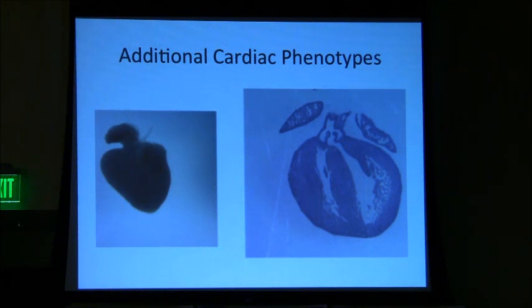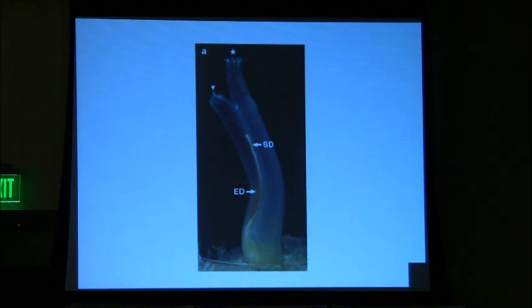So here's another major heart defect that we see, again, in this new genetic background. Now, the fact that we have an animal model is going to allow us potentially to study these differences in the cardiac phenotype. I told you that nothing was known about ETS1 in mammalian heart development, but